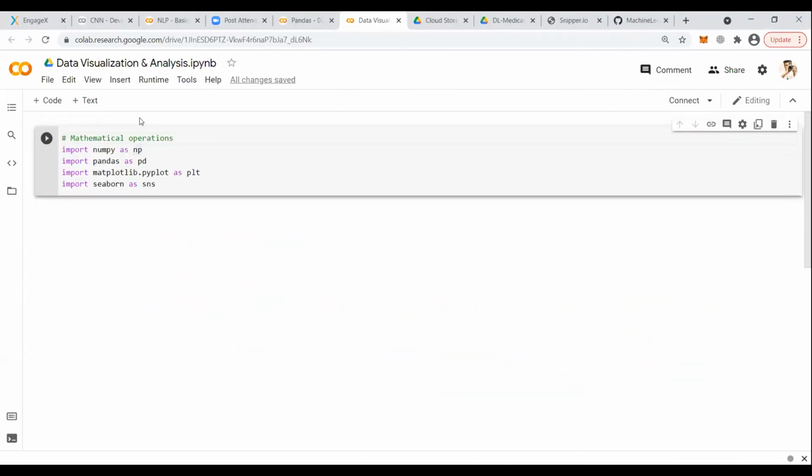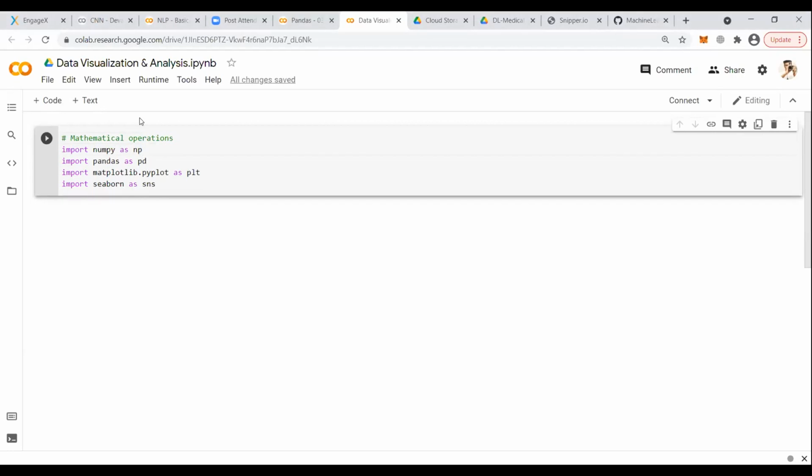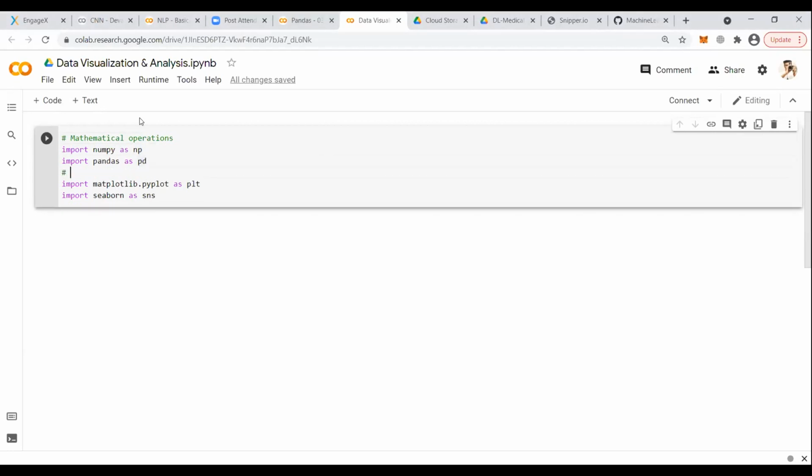Okay, basic mathematical operations. We know about pandas, where it is used: reading data frames, creating data frames. The question arises why there are so many different visualization tools available nowadays. We have Matplotlib, Seaborn, Plotly, Bokeh.